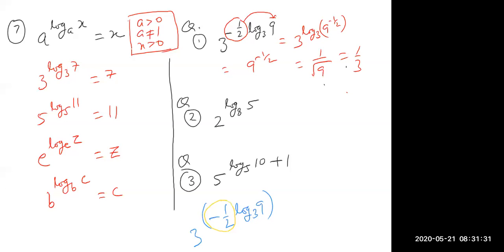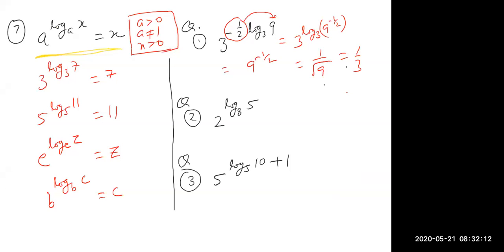Let n be equal to minus half. Then this I can take here. So this is 3 log 3, and this is 9 raised to power minus half. So now I'm using this property: a raised to log a x is equal to x. So this is a raised to log a, which is 3, so this is 9 to the power minus half. This is a direct application of this property. Even if you solve by some other concept, the answer must remain the same. Are you getting the same answer? Yeah. Then okay, because you can apply the properties in so many different ways.